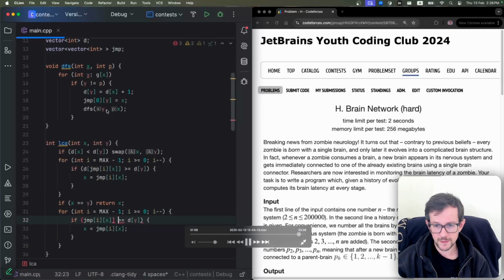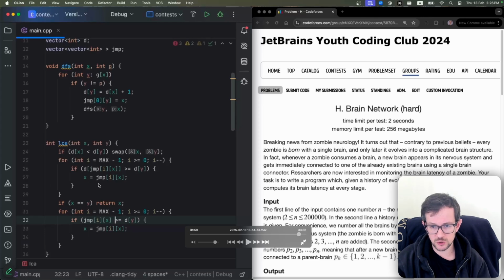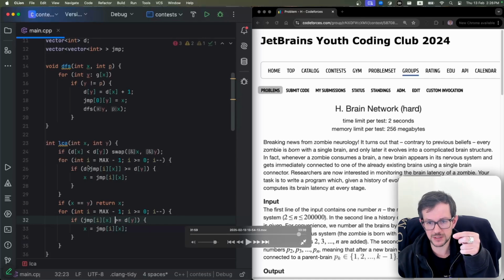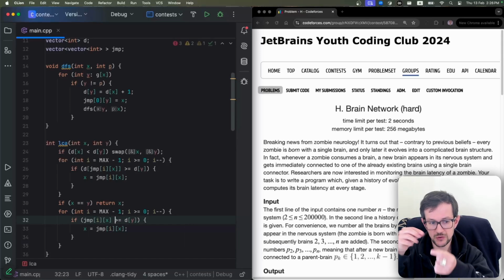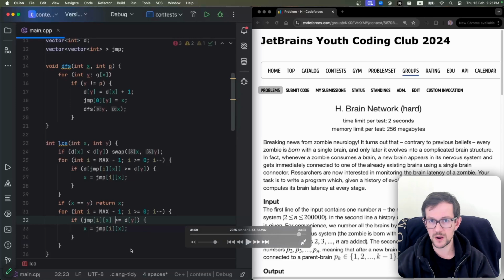So here, the first loop makes the depth of x and y the same. So if x is below y, I move it to the same depth as y. Now x and y are at the same depth. If x equals y, then I return x. That means I'm at the same point. If not, then I move them as far upwards as possible